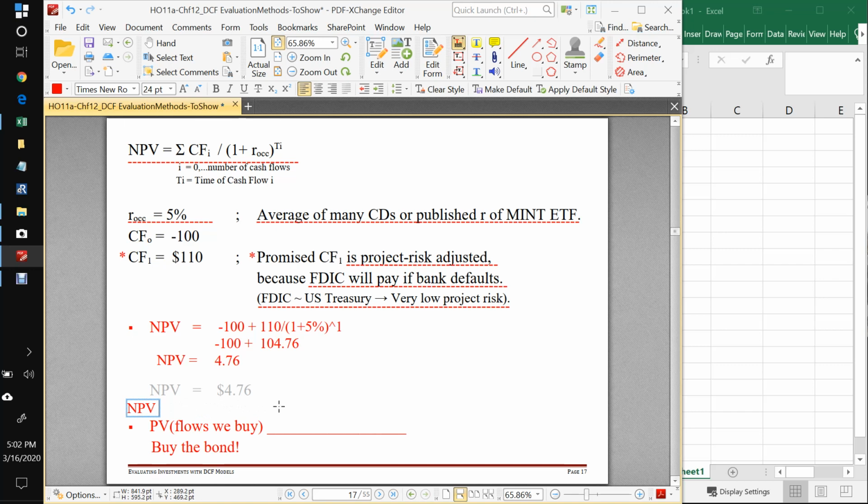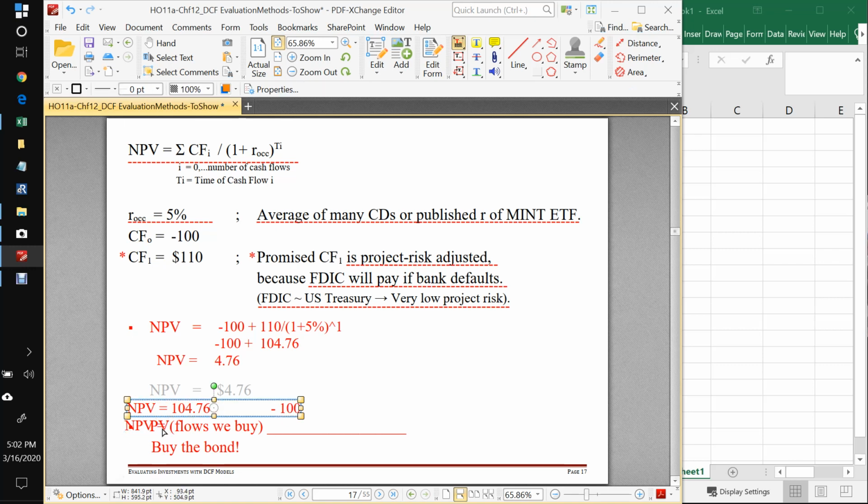Our NPV is equal to 104.76 minus 100. So if we write it in this way, we can say that the NPV